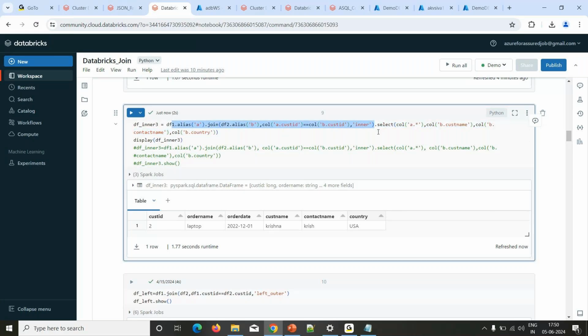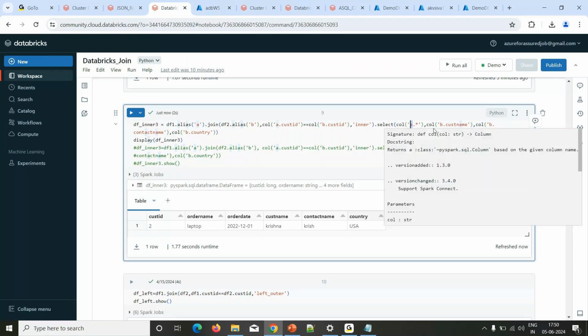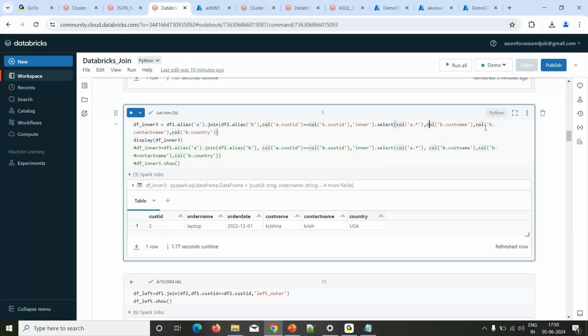We know that the select function is for selecting the columns. What are the columns I want to select? I want to select all the columns from my alias name A. A is representing my first data frame. Comma, all the rest of the columns from B. What are the columns we have to mention? Clear? So this is the concept of